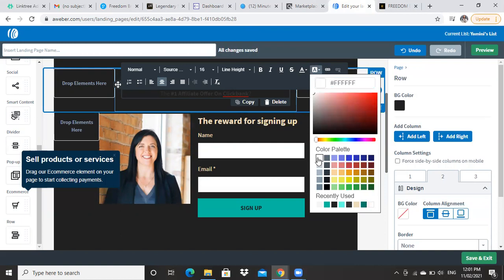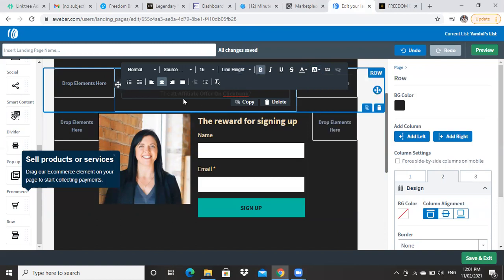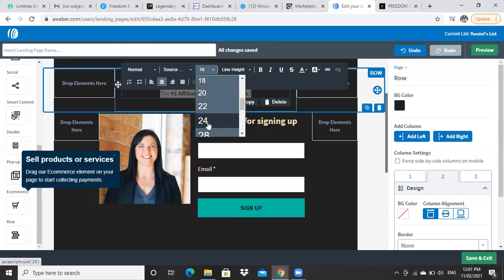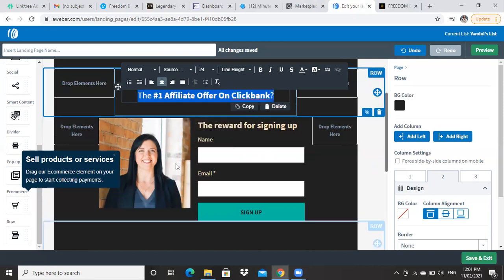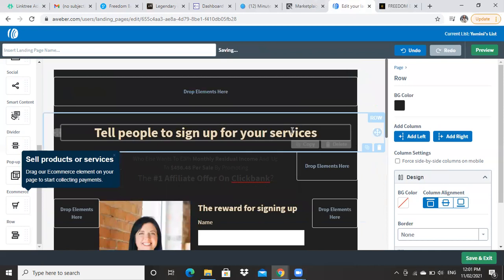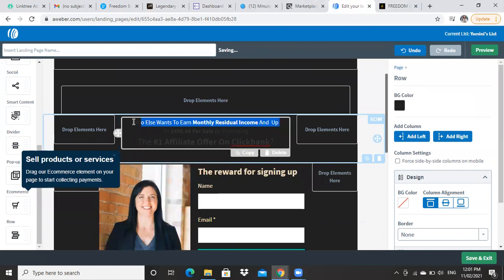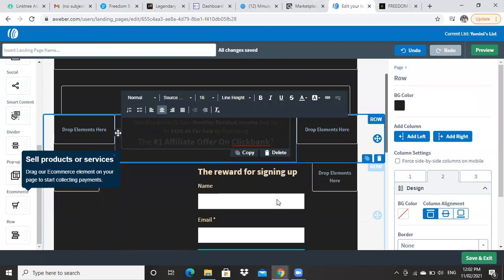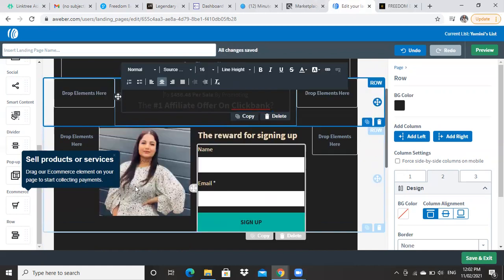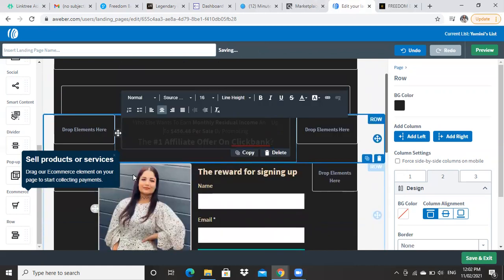Wait, we have to select all of that. Give me a sec, I'll increase this as well, make it bigger. Okay, so we'll select all this. It's just uploading the picture, that's why it's hanging in between. Once you have uploaded this picture, you go to this, and now we'll come back to